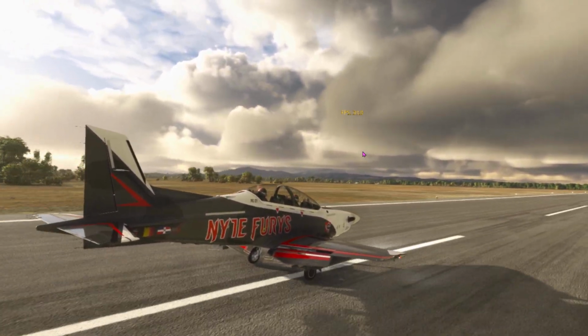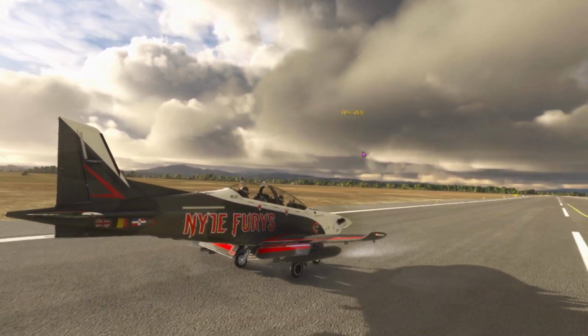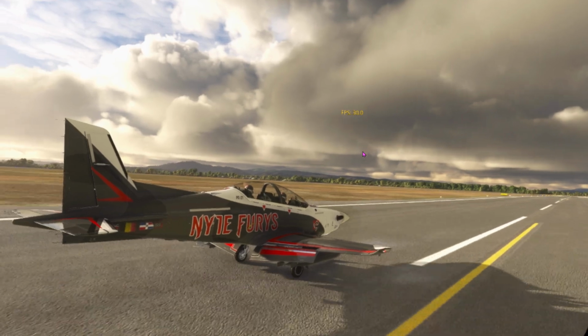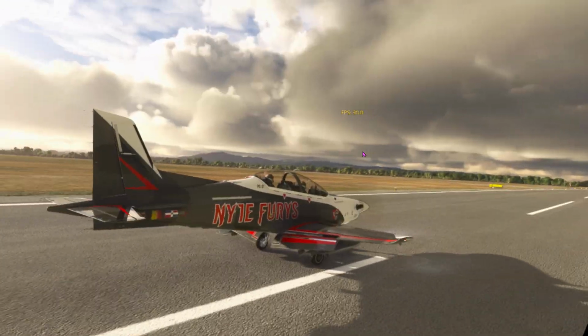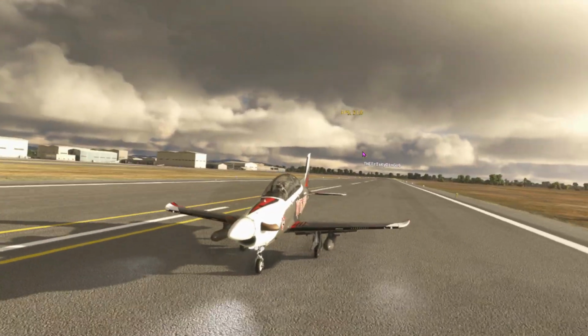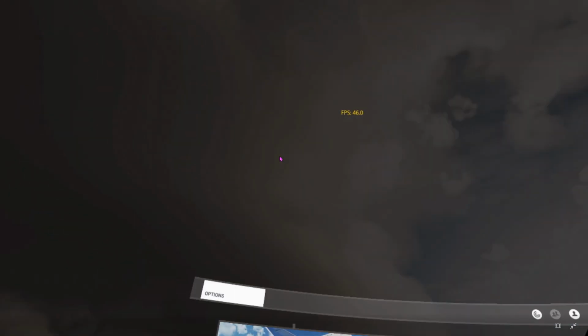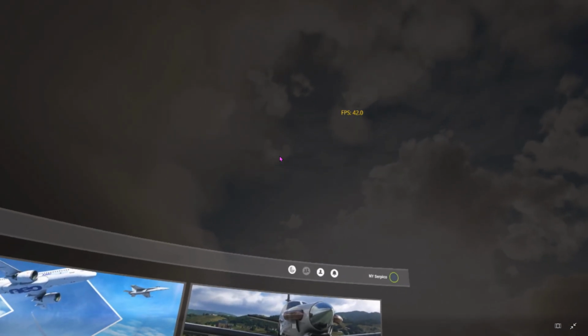I just got this plane too, so not an expert on it yet. But yeah, I mean, these settings, everything's fantastic. Everything works really well. It's not perfect, again, but it does